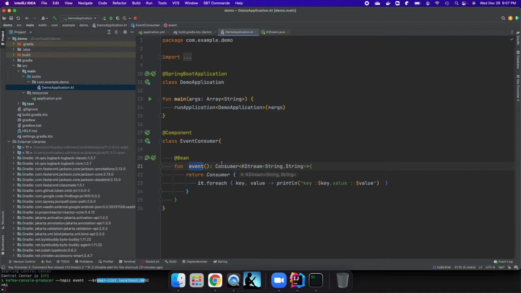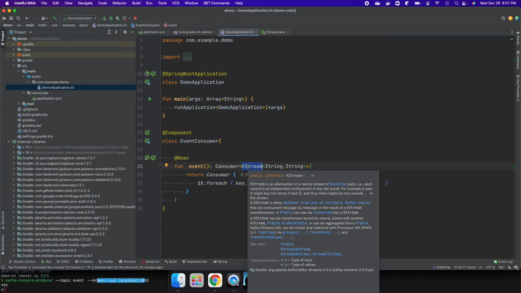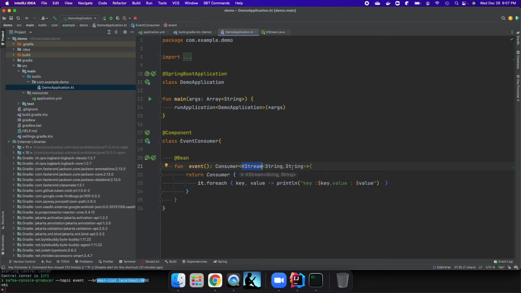Here this is a Consumer, the functional interface, and in this consumer I'm saying KStream I'm going to consume, with data types string and string. I'm returning the consumer, and from this consumer we get the object, and I'm using the foreach method.